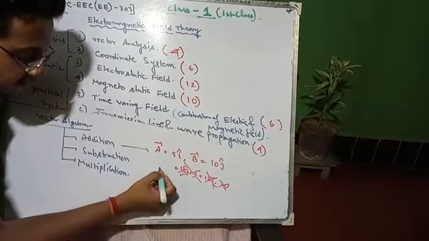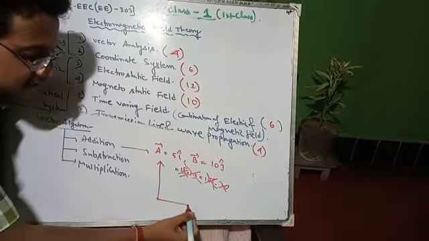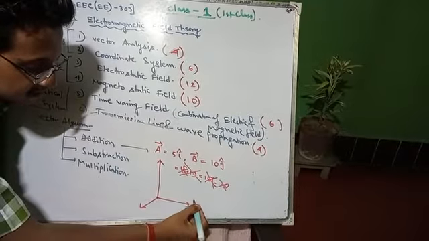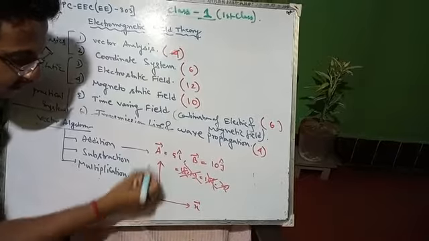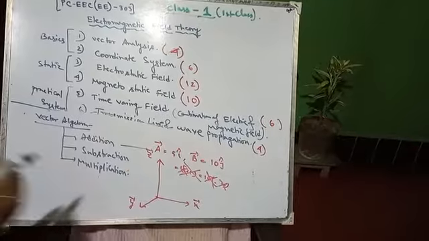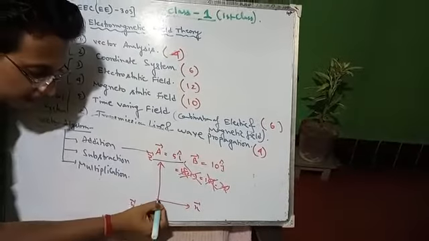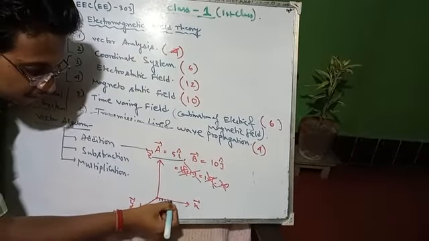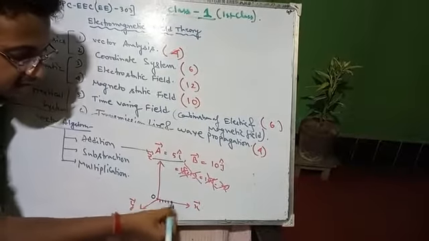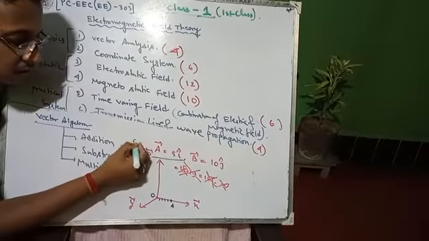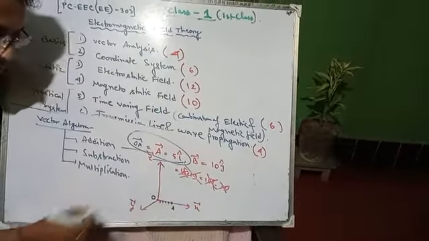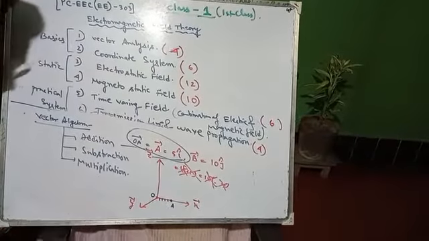We have to first understand it geometrically, okay? Suppose this is x, this is y, this is z axis. So how to represent 5 I cap? 1, 2, 3, 4, 5. This is your 5 I cap, so OA. This A vector, or OA distance, is 5 I cap here. OA distance is 5 I cap, clear?